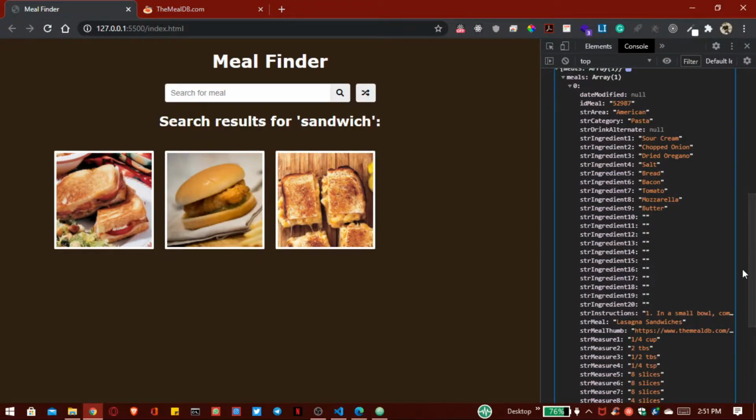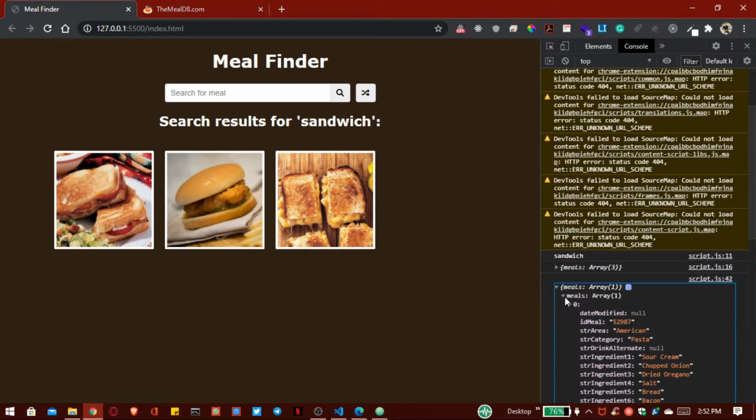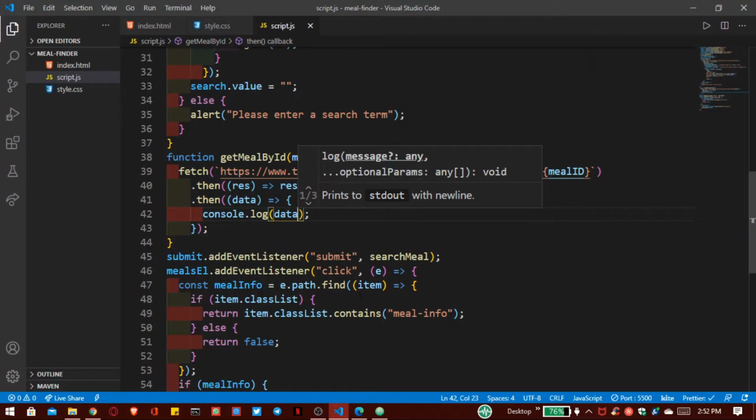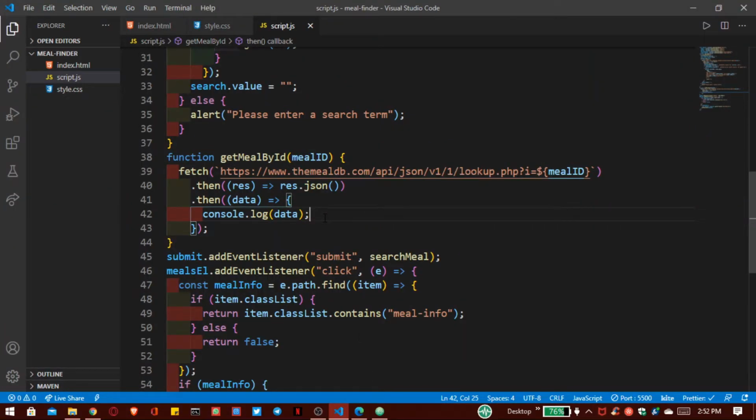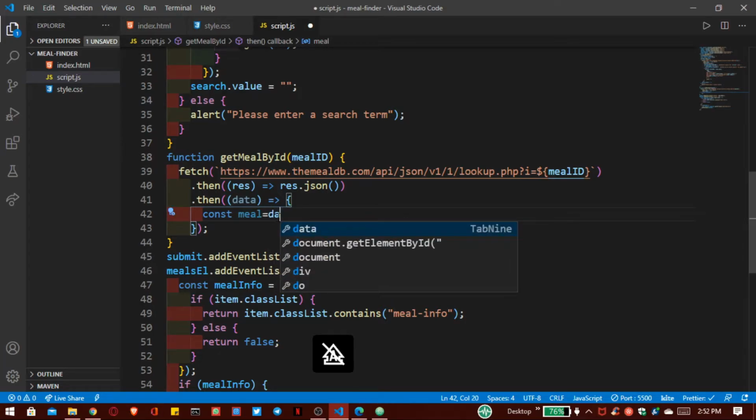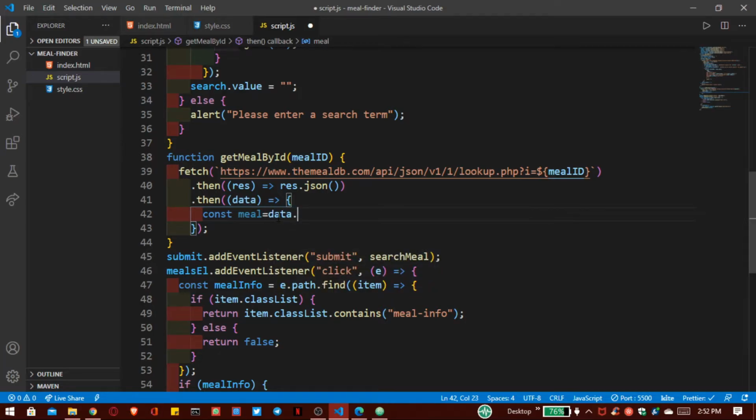Now let's move all of this from the server side to the client side, or you can say to our DOM side. So here you can see this is our first array. So I use here const meal is equal to data dot meals.